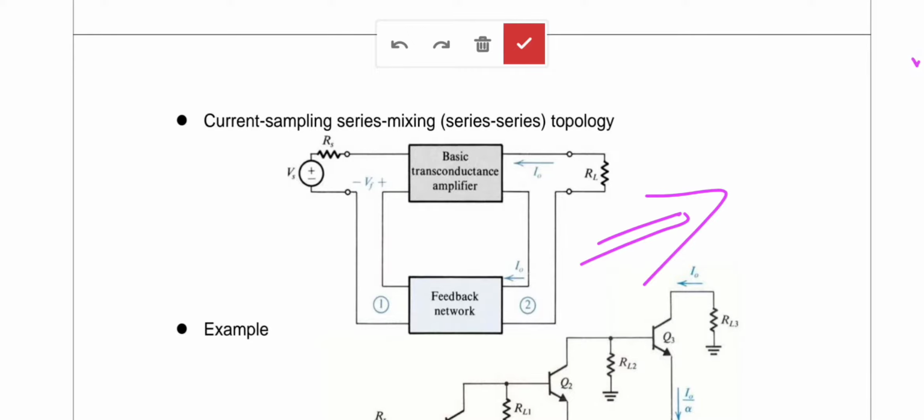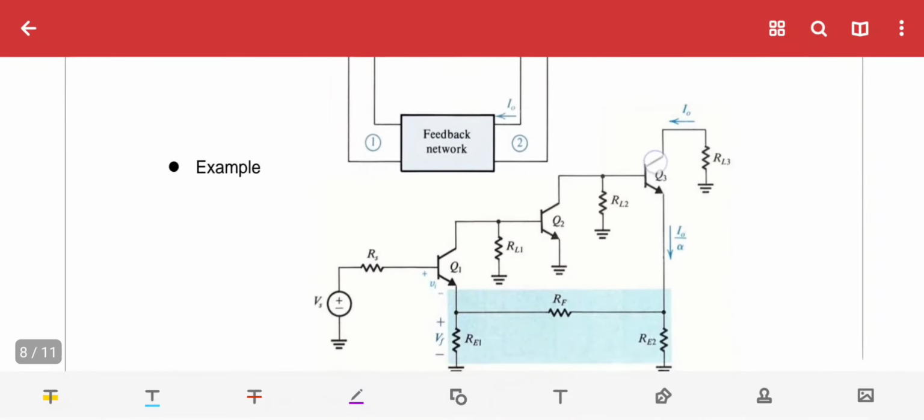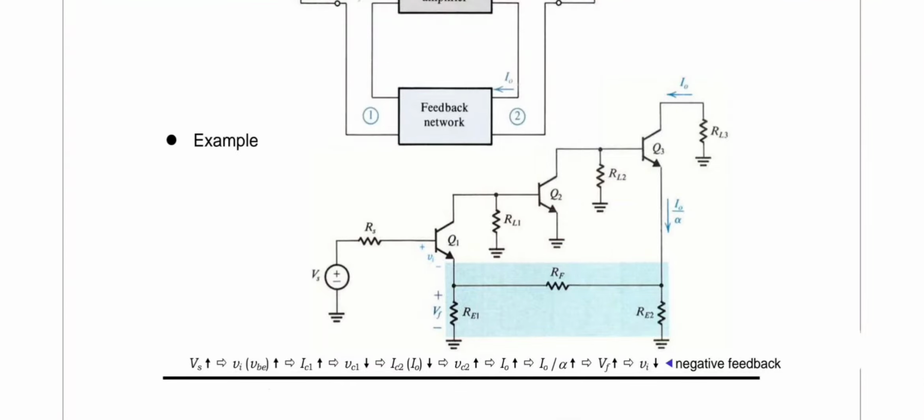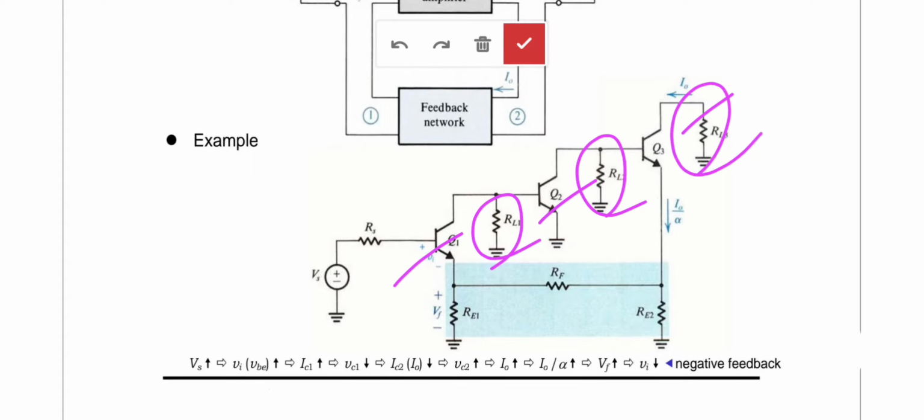Here, as I told, for convenience, output is not taken from the collector, it's taken from the emitter, almost the same. And it has to be fed back to the base actually, but for convenience, we are giving it to the emitter of the first transistor. Feedback is given to the emitter of the first transistor through a feedback network consisting of 3 resistors RE1, RE2 and RF. Just study this circuit diagram, nothing else is required, just an example for this particular series topology.